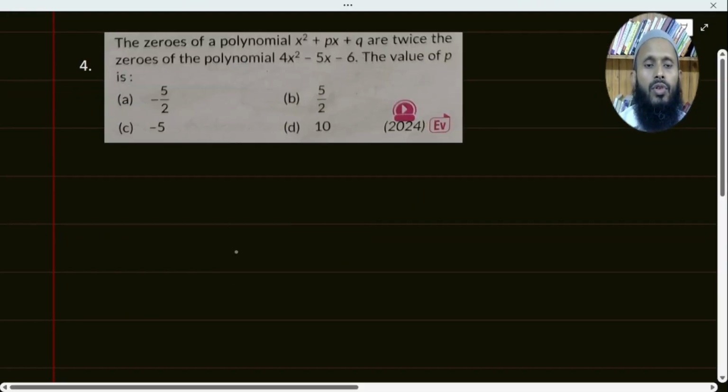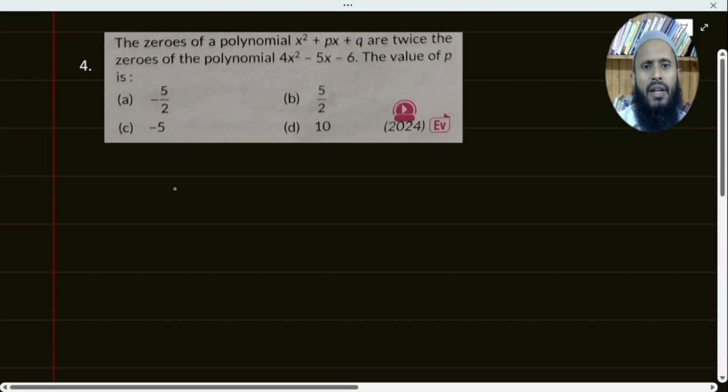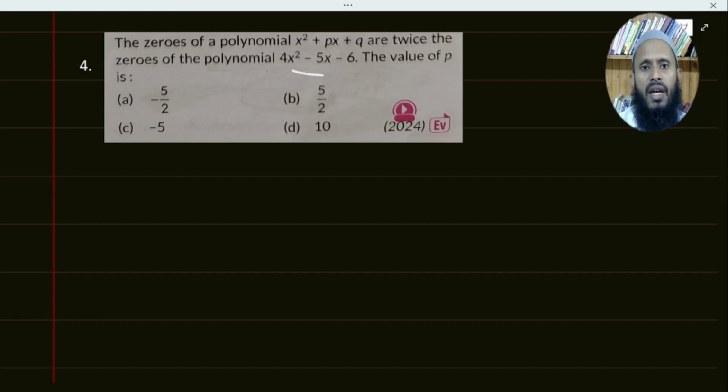Now moving to the fourth question. The zeros of a polynomial x square plus px plus q are twice the zeros of the polynomial 4x square minus 5x minus 6. The value of p is. Now this can be done in two ways. Either you can try to find out the zeros of the given polynomial 4x square minus 5x minus 6, and then after finding the zeros, you can